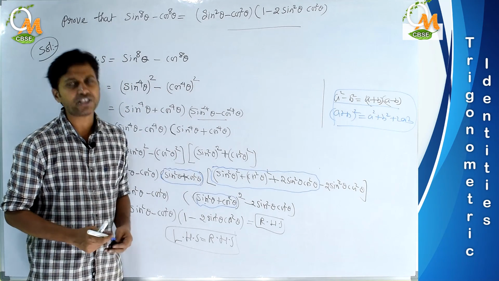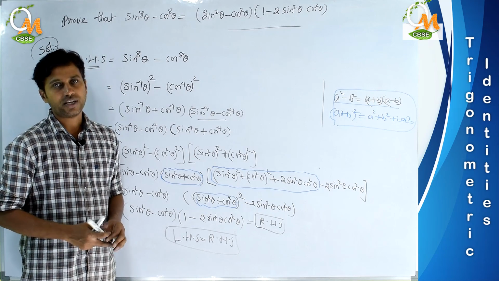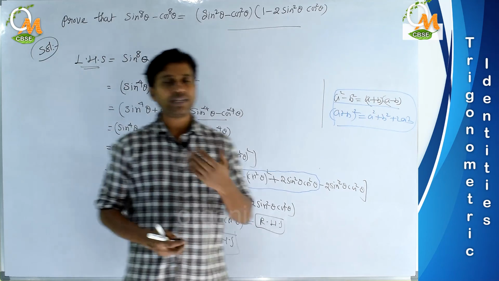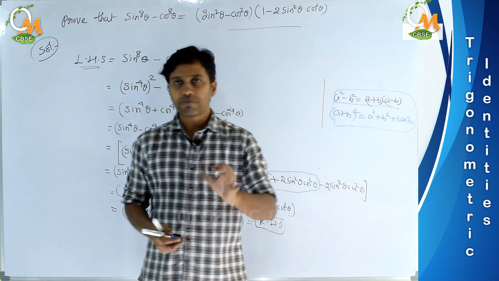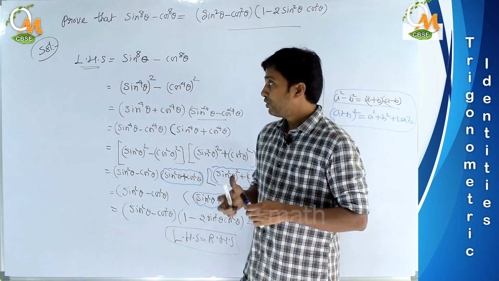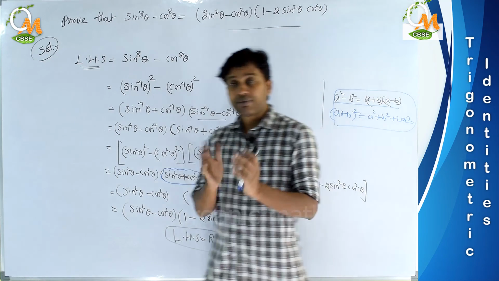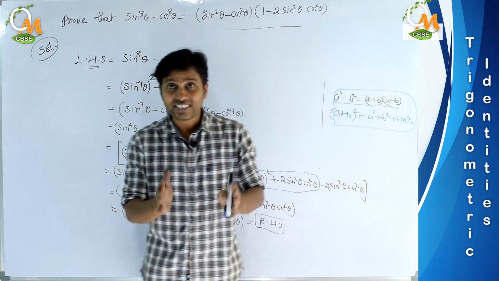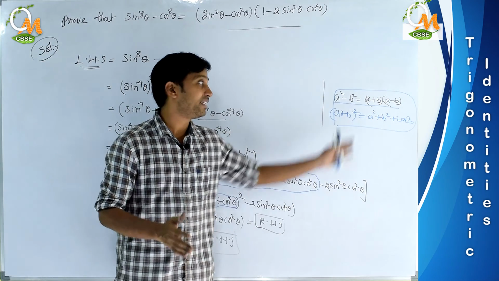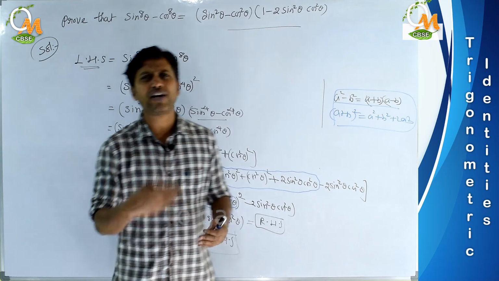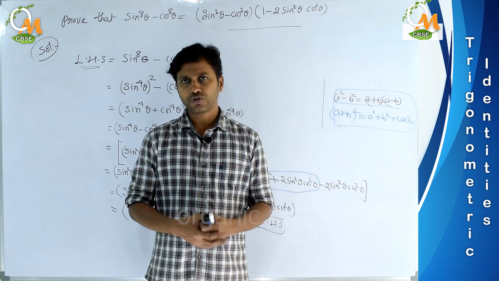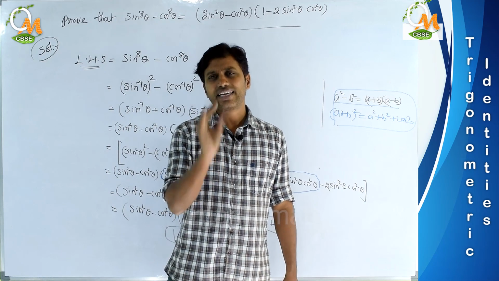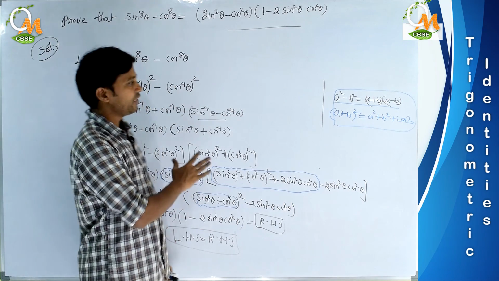This is actually a very simple problem. That means while solving expressions based on trigonometric identities, you don't need to suffer much. Understood? You need to take care of the rearrangement of the terms, and you need to rearrange the terms in such a way that we obtain these identities so that it can be simplified very easily. Understood? This is the only care we need to take while doing these problems.